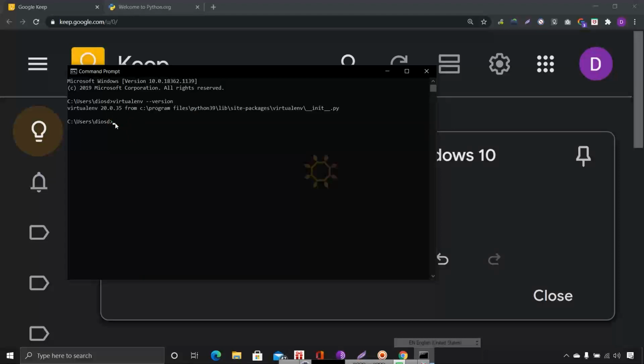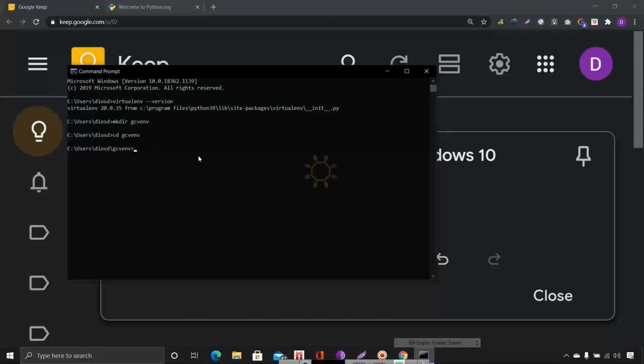So create a directory. Make a directory. You can name it Google Cloud Virtual Environment. Whatever name you wish, any name you can give. Make directory. Now cd into gc venv environment. Now we have come to this folder. Now we have to install the virtual environment. Whatever installations you are going to do, we can put them here.